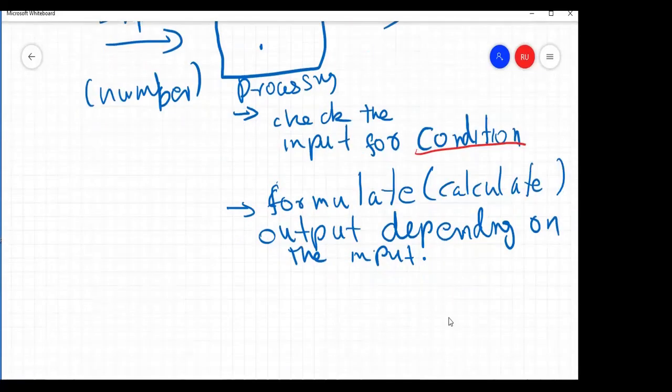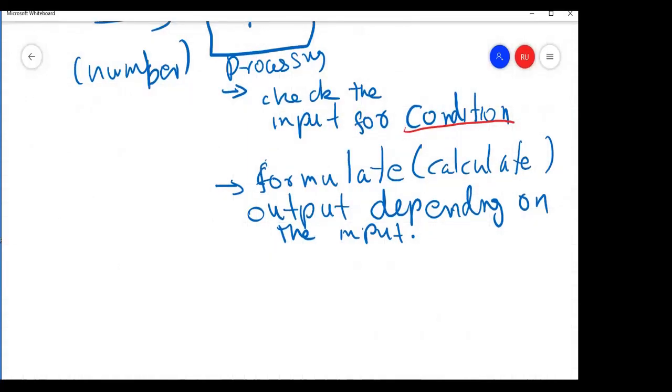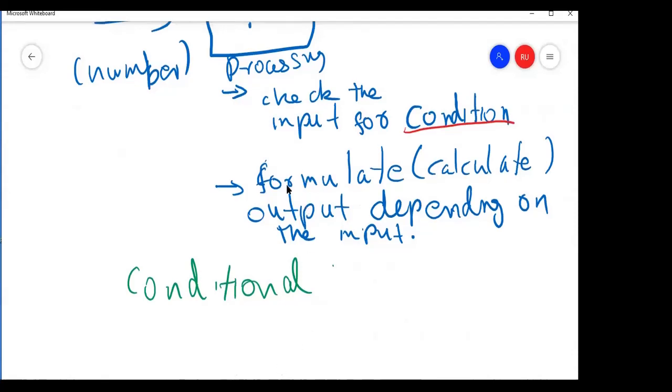In computer programming, we call this conditionals, or checking conditions.